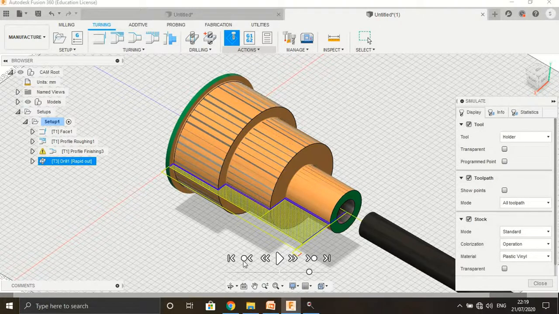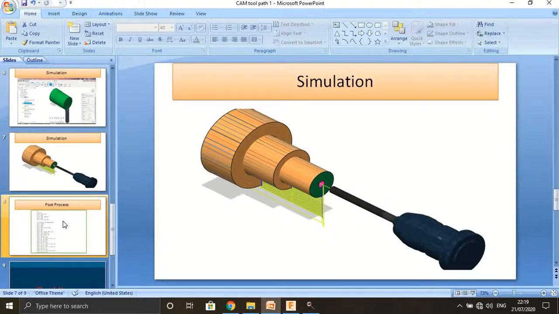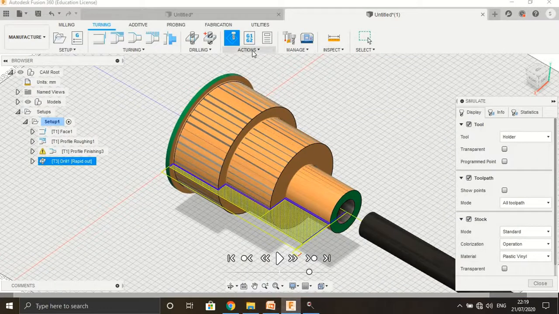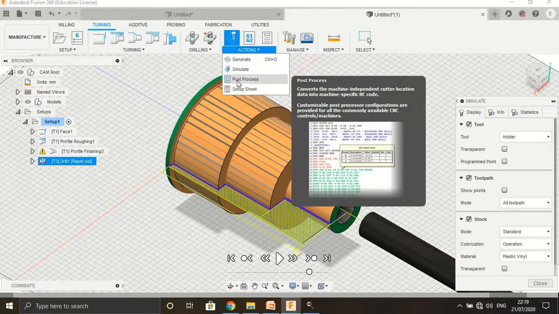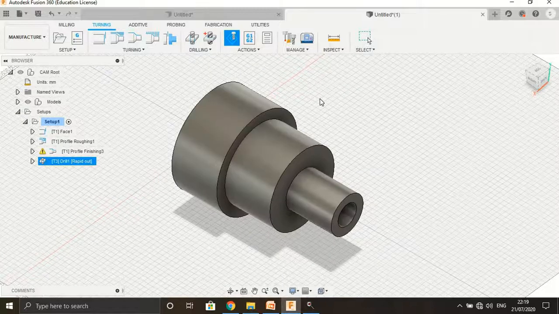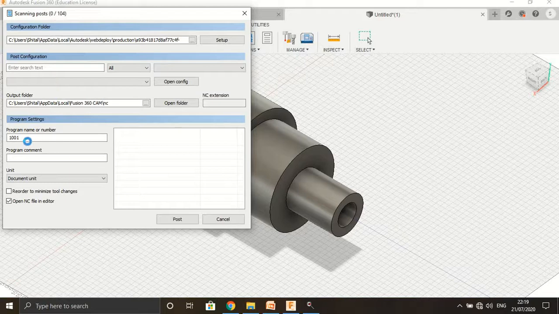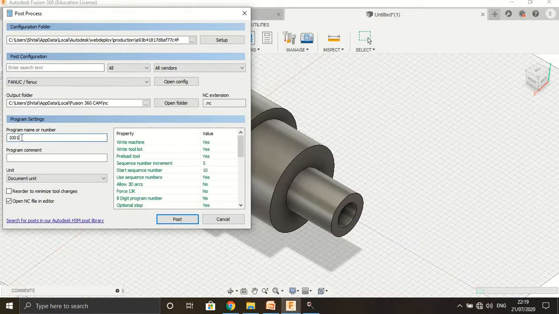Then for post processing, the simulation for post processing is generating the program. So go into the action, or you can also select the post process option. After selecting the post process, you can change the number, 1002. The program is already generated.